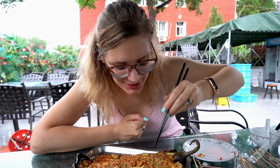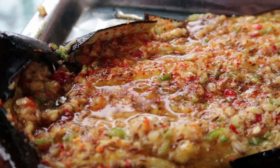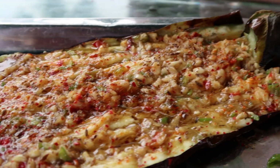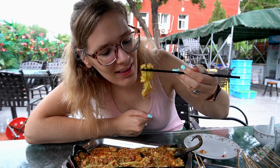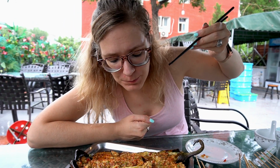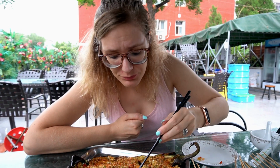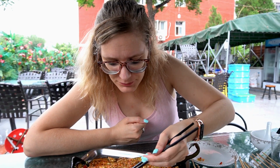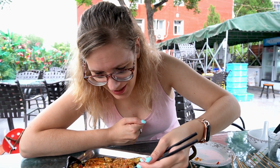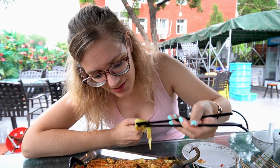It's so nicely done. It's super soft. Like, this is not anything I've ever had in the Netherlands. We do a lot of barbecues in summer there too, but not a full eggplant just like this. A little bit strong on the garlic, I'd say. Don't eat this if you're on a date. Yeah, don't eat this if you're right before your date or on a date, because...